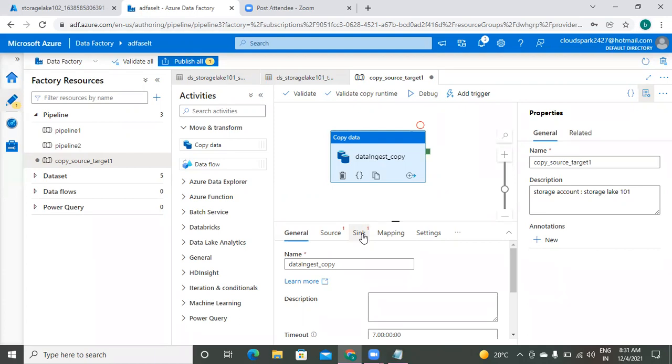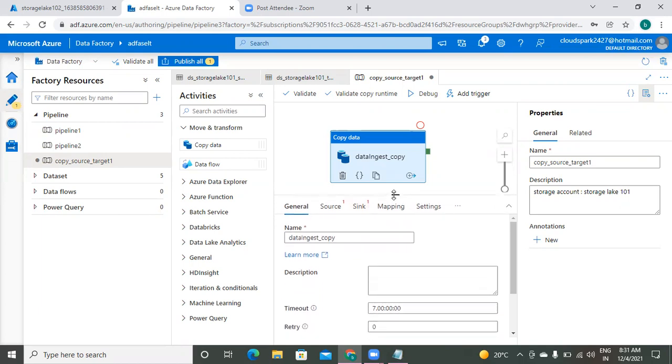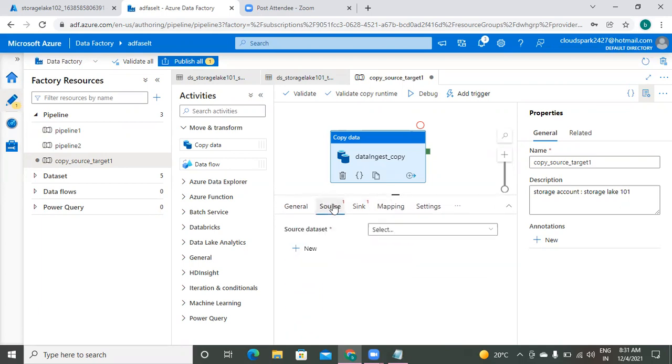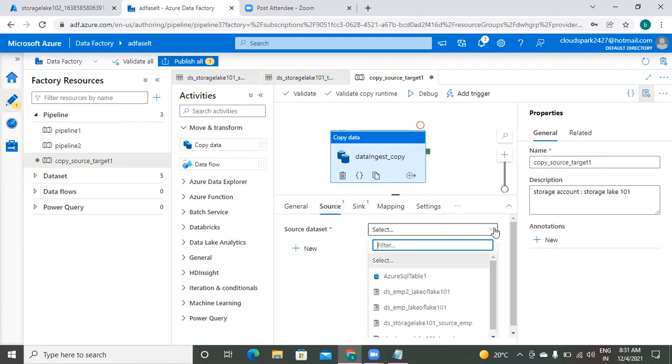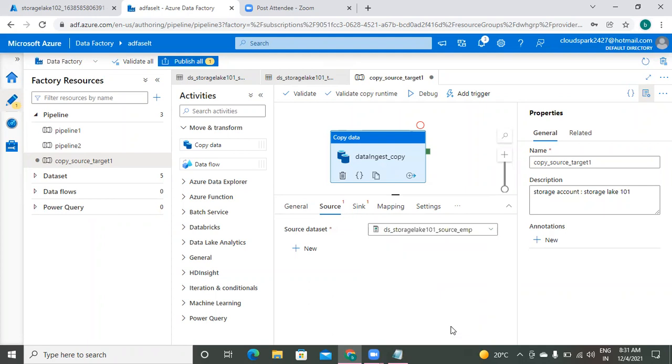For the target also, you have a data set. All prerequisites are ready. You only have to give their names. I'm selecting source. What is our data set name we have created just now? DS storage lake 101 source EMP. That is selected.